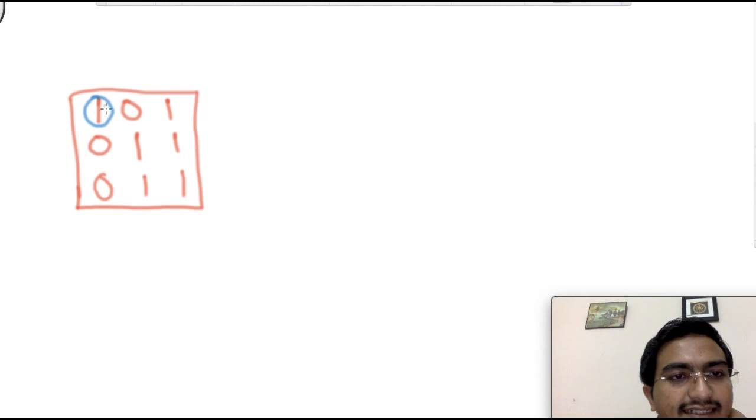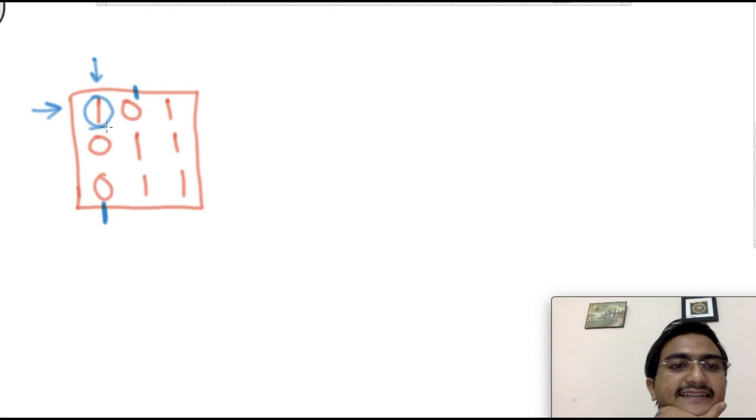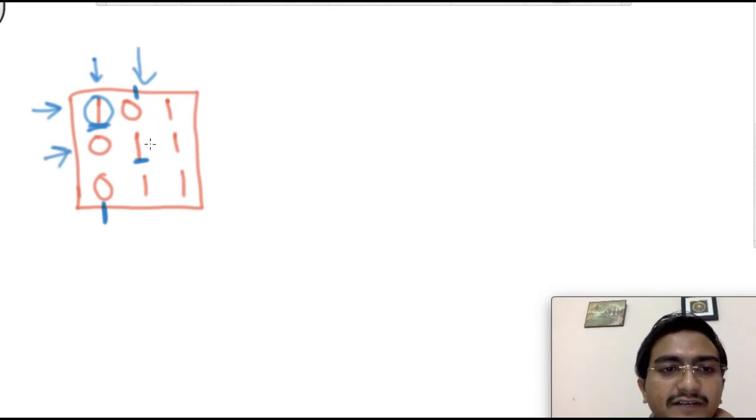this one, how could you have fired this one? If you fire from the top, it should have gone to the bottommost part, or if you have fired from the left one, then it should have reached the second position. So if it is here, this is an invalid combination. Or suppose you want to check this one, this you can easily have fired from the top one or from the left one, because if you fire from the left one, it still reaches the second one, and if you fire from the top one, it still reaches the second one, because this is also filled.